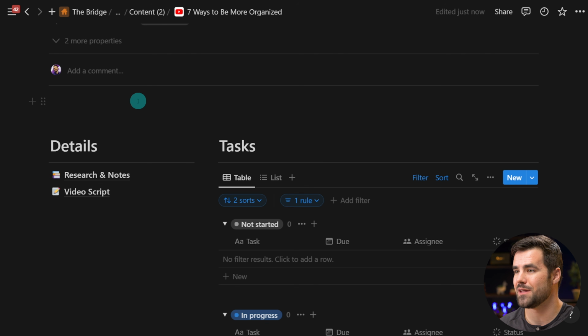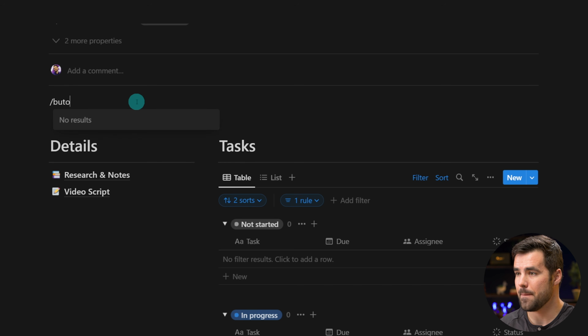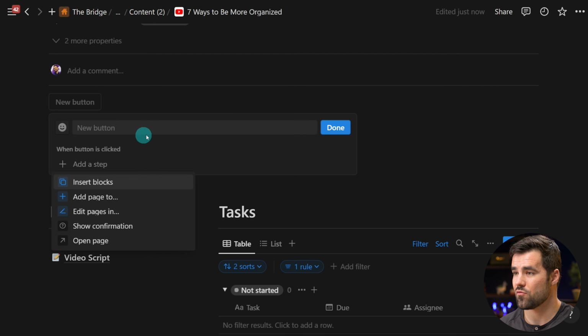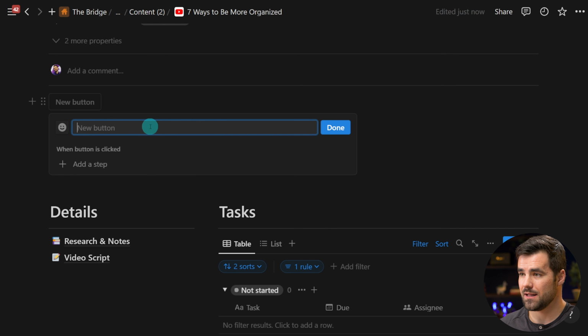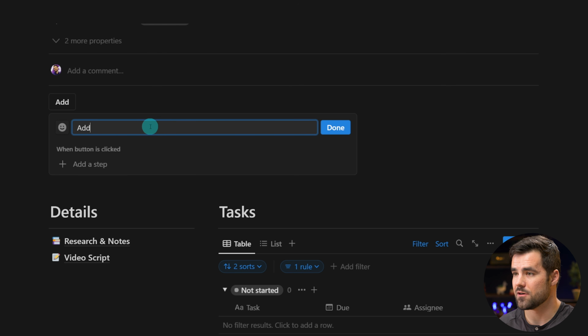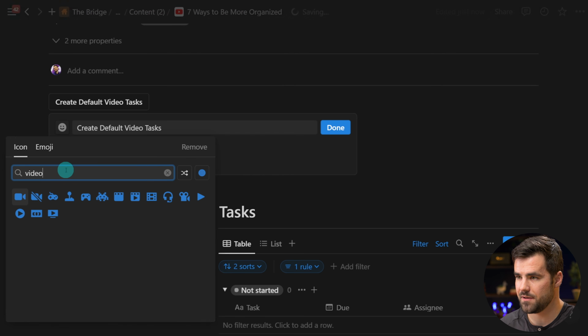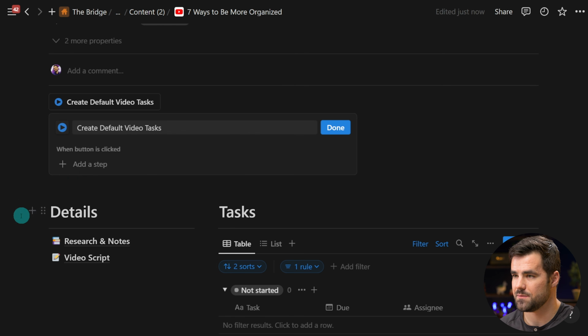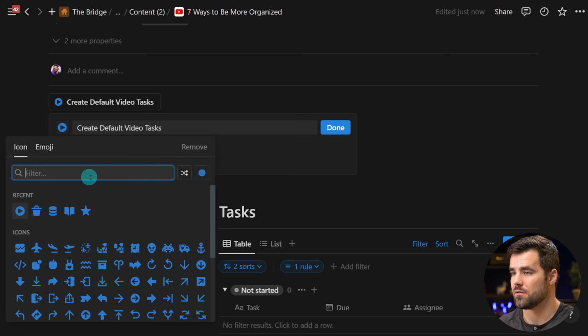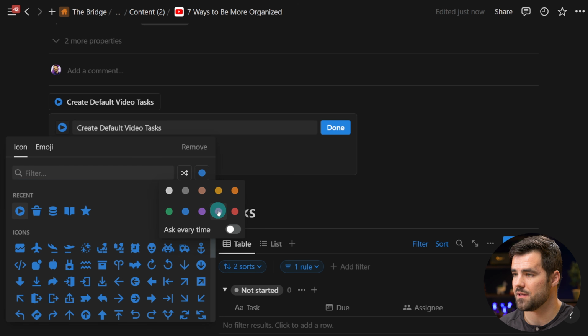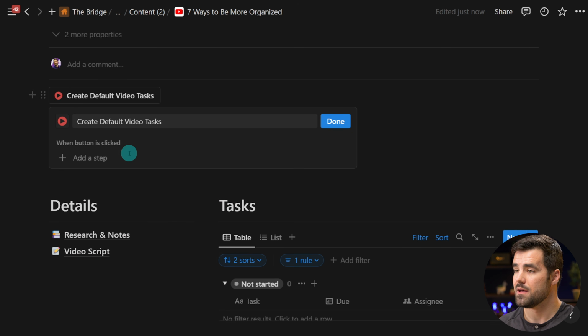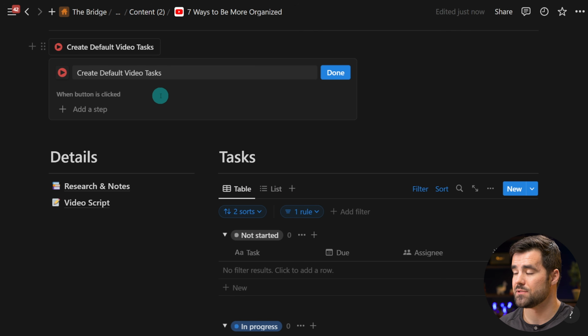So here's how we can do that with a button. First, I will hit button one more time, create that button window here. Let's name it add or create. How about create default video tasks? I'm going to give it a nice little icon. I think there's a video one. Yeah, there we go. That seems YouTubey. And I can also, little bonus tip here, I can change the color of the icon. I think red is going to be more YouTubey, so I'll go with that. And now I can start adding steps. So